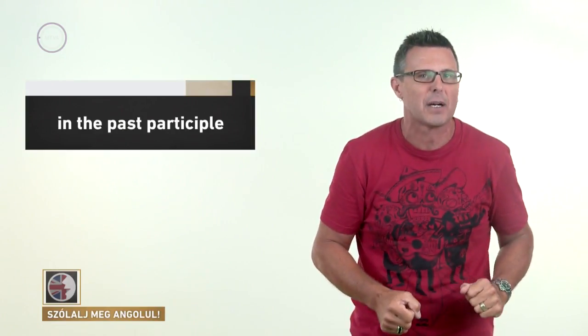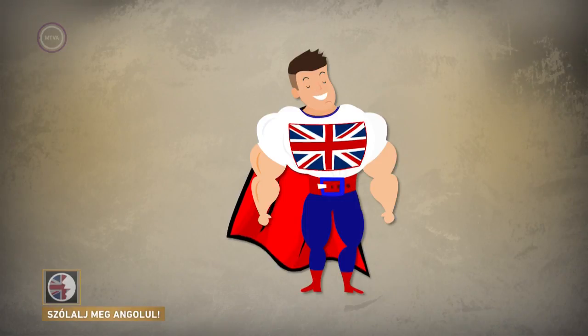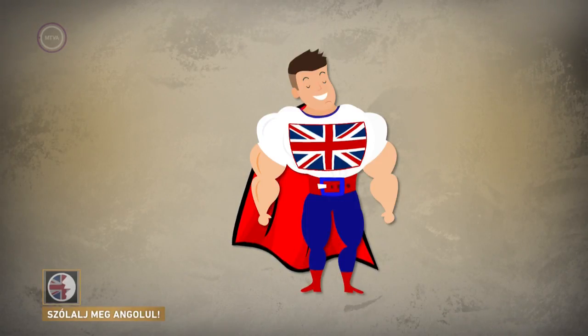Well done. Okay, so we've seen how we make a positive sentence in English when we're only using a single verb. But what about the situation with the present perfect, for example? That's slightly different, isn't it? Yes, because there we have to deal with an auxiliary verb as well as a main verb in the past participle. Okay. But it's not hard, is it? Not for us, the gods of English. We eat things like this for breakfast.